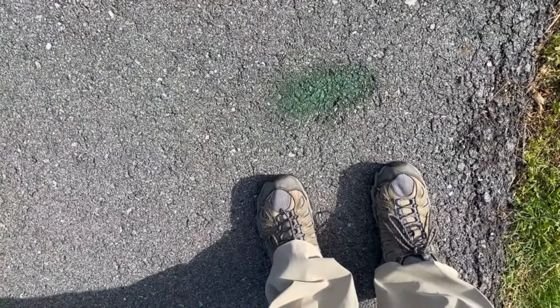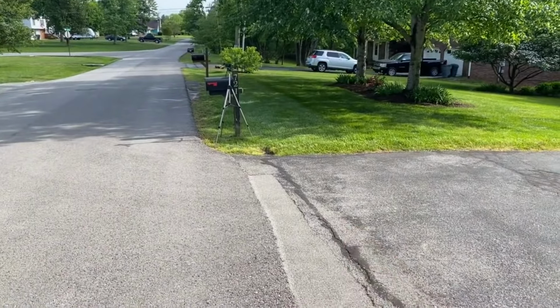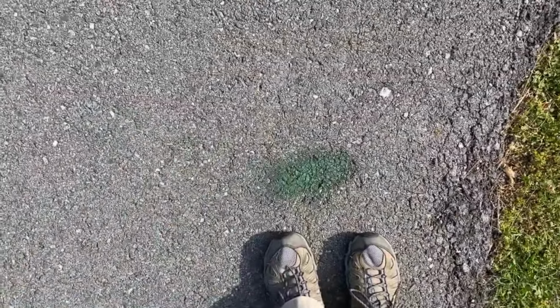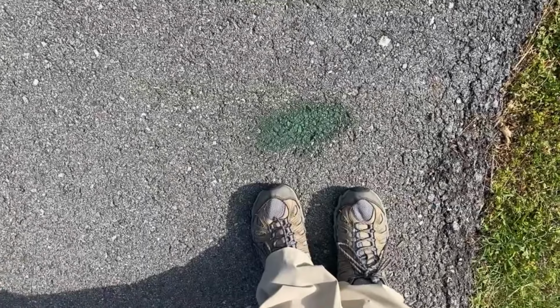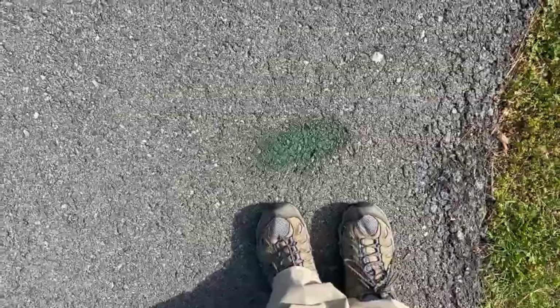Okay, I'm standing on my green spot. I've got my other green spot 100 meters away, way down the road that way. So what we're going to do is count my paces. I'm going to start with my right foot, and every time my left foot hits the ground, we're going to call that a pace. I'm going to count the first 10 and then be quiet for the rest of them so that I can just speed up the video. So here we go. 2, 3, 4, 5,